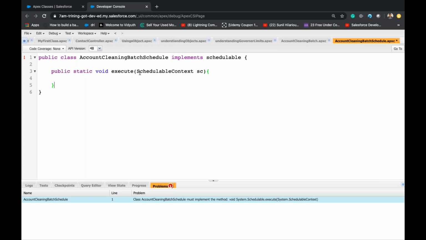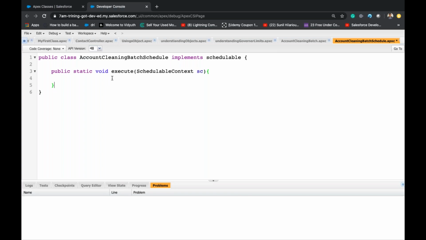SC means S from schedule, C from context, SC. Okay. So this is the complete syntax of a schedule Apex. Now this schedulable will tell the compiler that this is a schedule class, so this class can be executed.